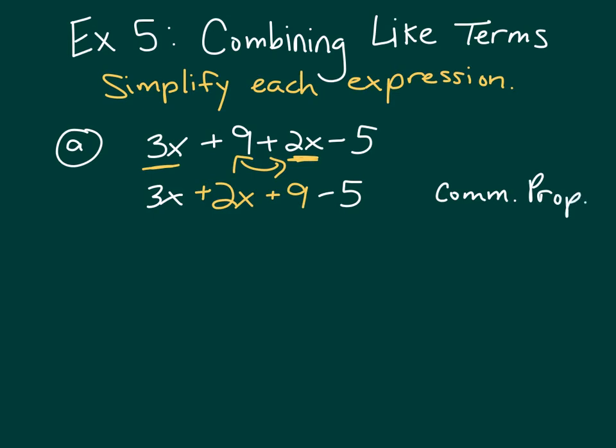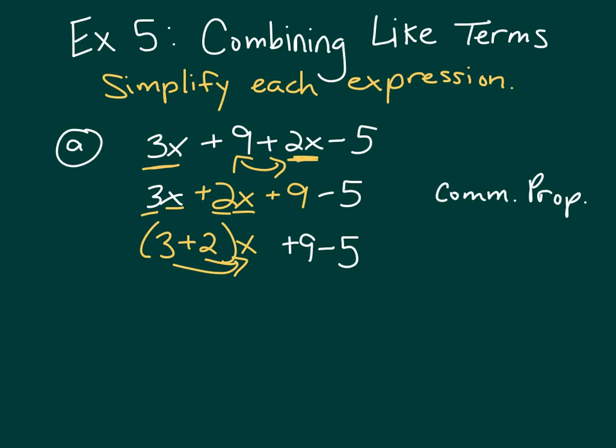And then what we're thinking about here is the distributive property. And again, this is going to be different each time. But if you think about these coefficients right before the x, what you're thinking about is 3 plus 2, and each of those being multiplied by the x right here. So 3 times x and 2 times x is what it means. And then nothing is changing with the 9 minus 5 just yet. And then if you think about 3 plus 2 altogether,